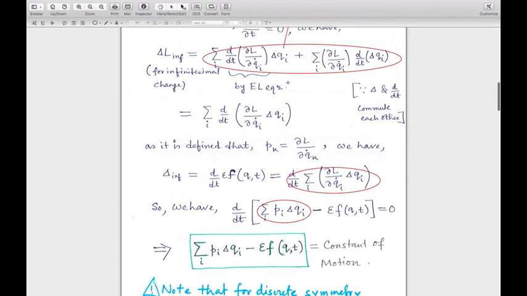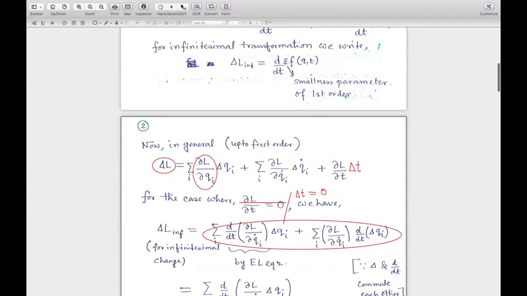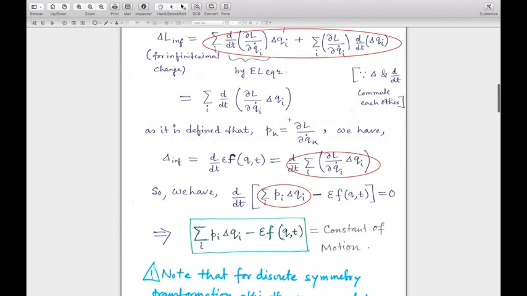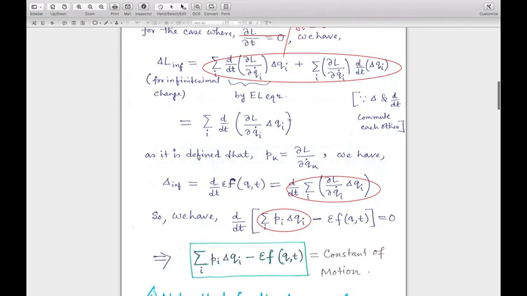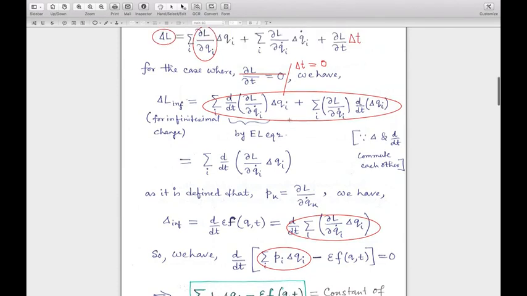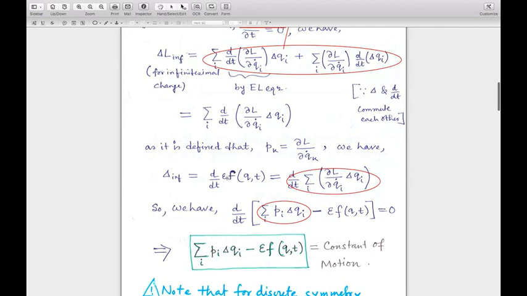But the only thing is that if on one side you are claiming that the changes are time independent, and here you are saying that your changes are time dependent, then sometimes this can cause some confusion. But in general there is no problem in this. So what I am trying to say is that this epsilon, if it is constant, will just come out of this, or if it is not constant, it should stay inside.